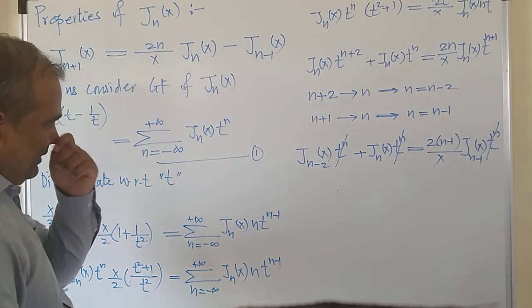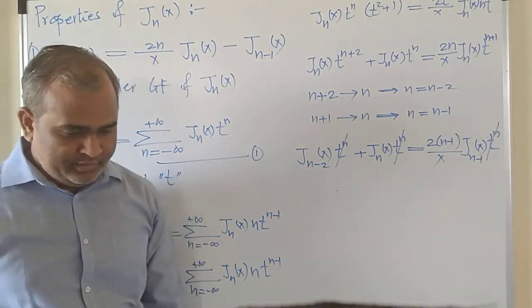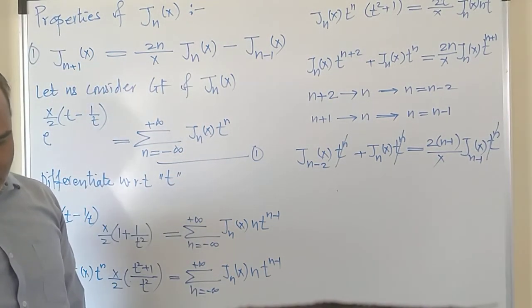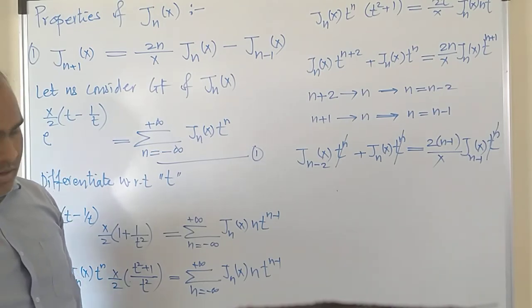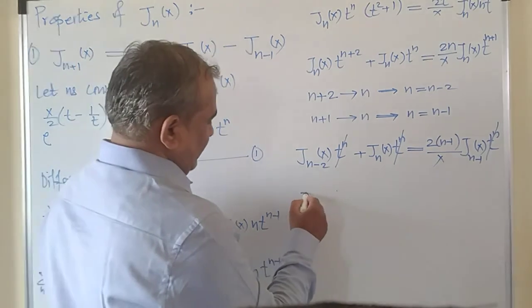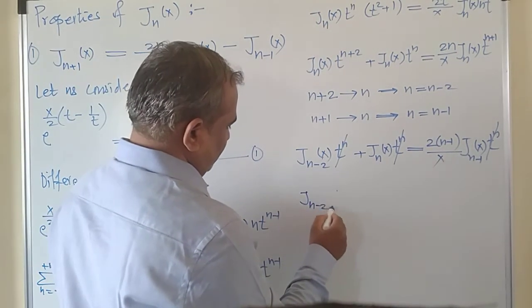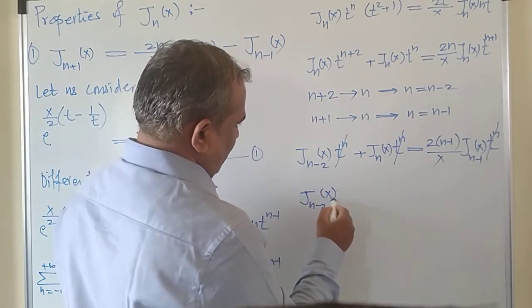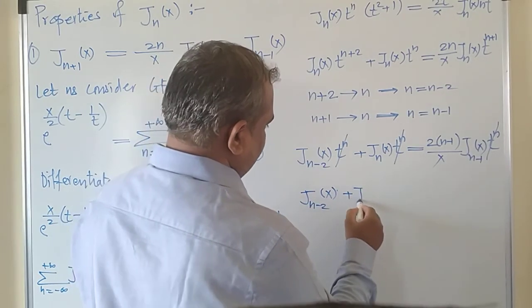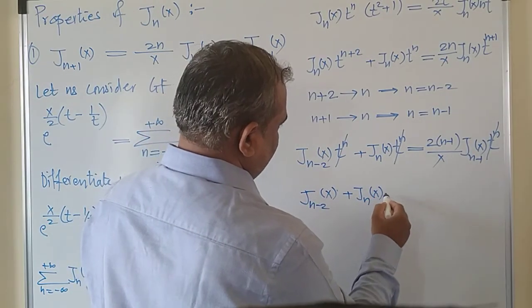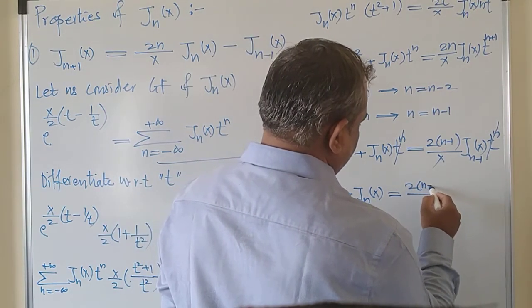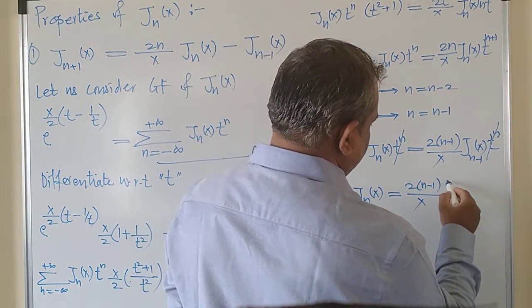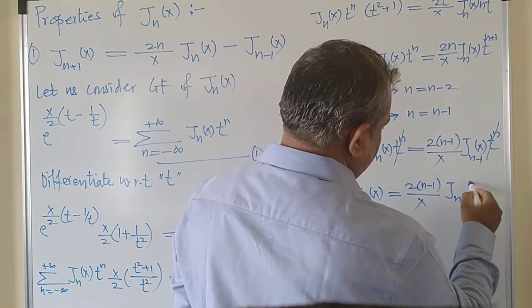And what we will get is J n minus 2 of x plus Jn of x is equal to 2 times n minus 1 by x into J n minus 1